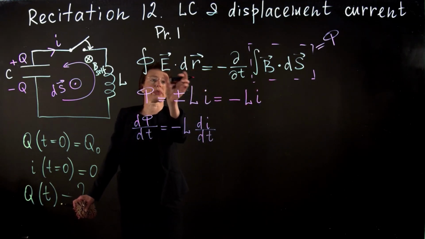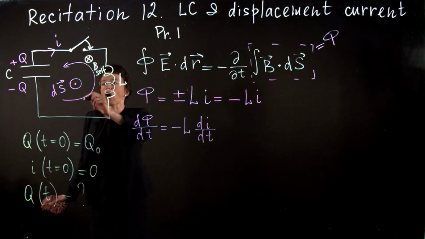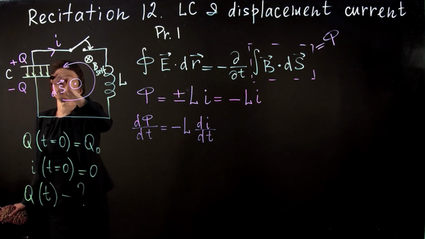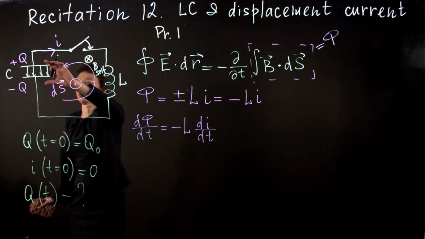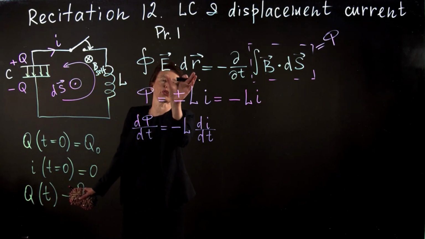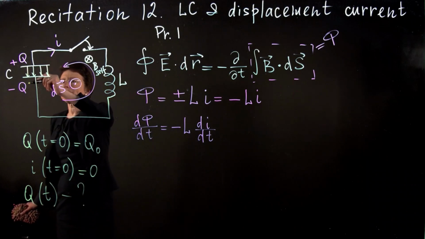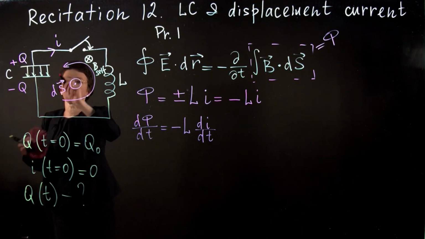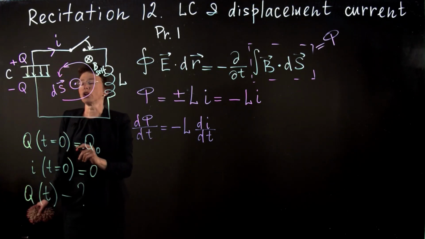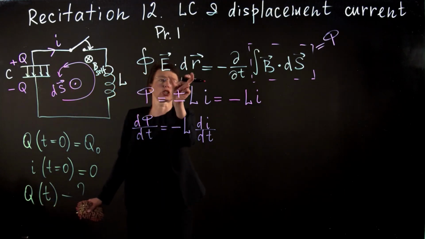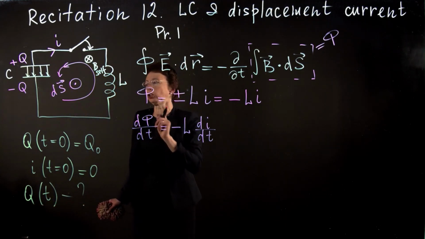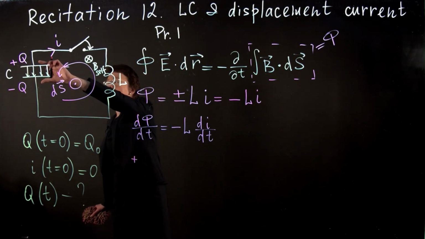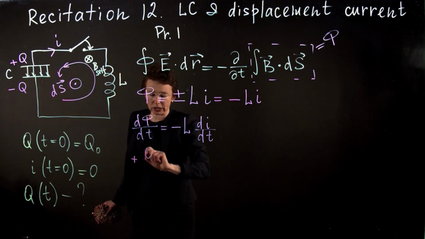Now we are ready to work with the left-hand side of Faraday's law. I go around the loop in the counterclockwise direction. We have the capacitor here. When we go through the capacitor, what is the voltage change? Or in our case, what is the change of E dot dr? The electric field is down. Since we go in the counterclockwise direction, dr is down. So the electric field is parallel to dr. That's why the dot product E dot dr is positive. I put plus. And the magnitude of E dot dr across the capacitor is Q over C.